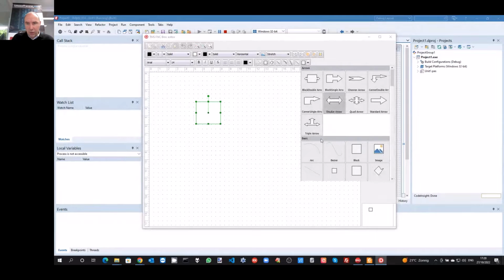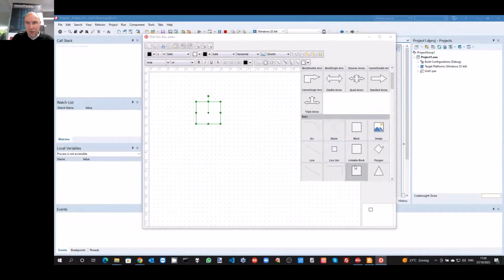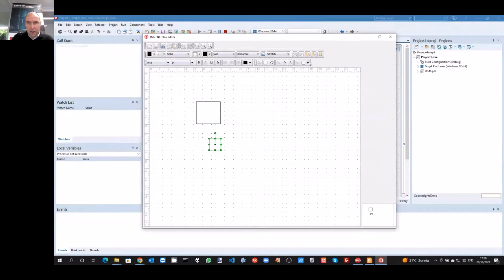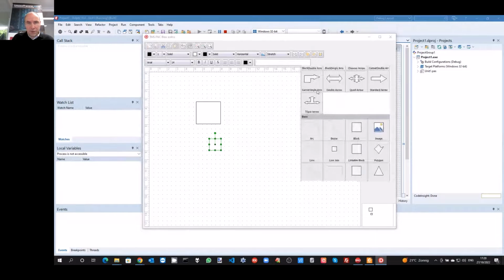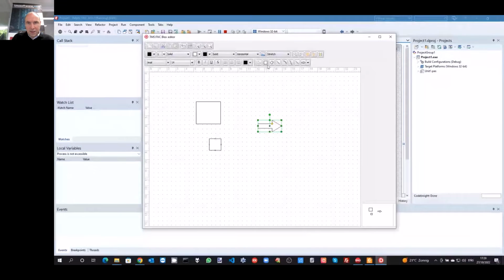So here you can see our components selector, and I can select all kinds of block types. And let's maybe involve now here the lines to interconnect them, but I can also do connections via arcs and manipulate it like that.